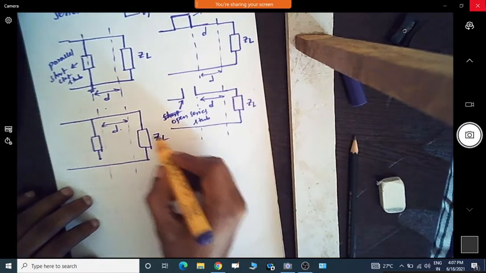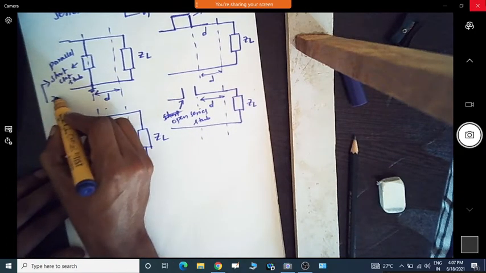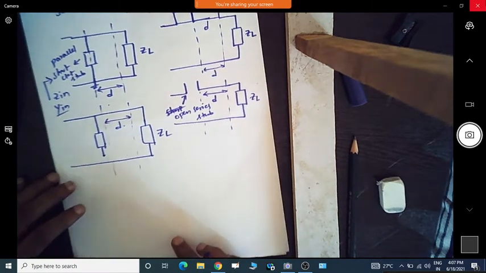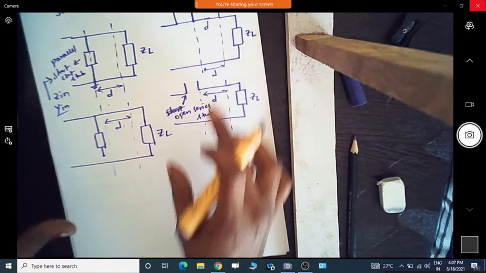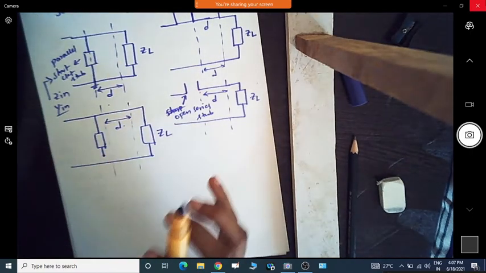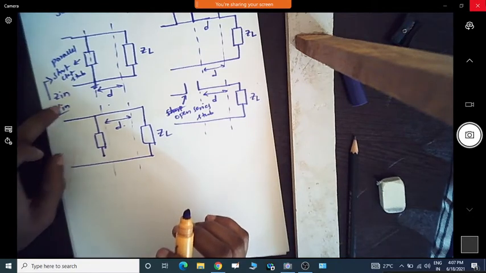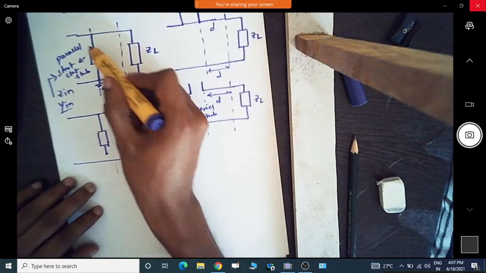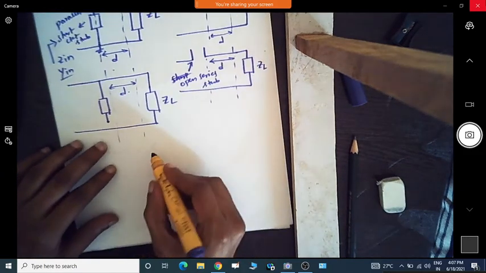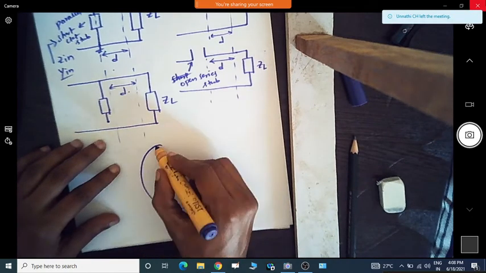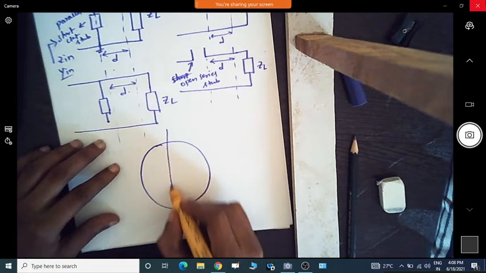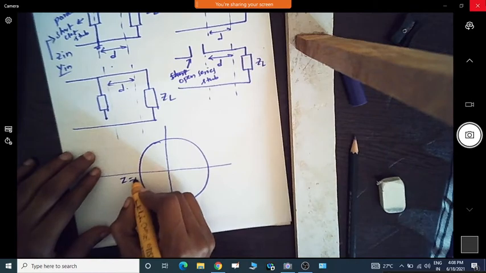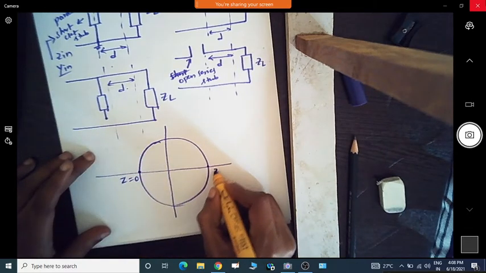So now in all these cases we have to find out either the input impedance or the input admittance. Okay. So that is what we needed here. So now in the Smith chart, I will just explain the procedure first, how we are able to find the input impedance for a particular stub. Okay. So now let us take the case where we have a parallel stub. So in the parallel stub, what will happen? So assume this is your Smith chart. Okay. So now for the parallel stub, where we have z equal to 0 in this end and z equal to infinity in this end.